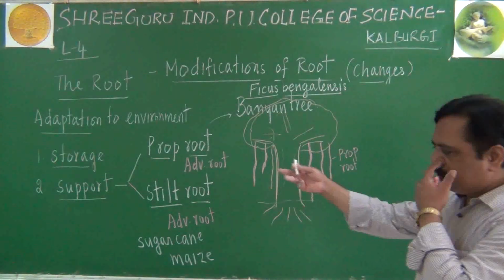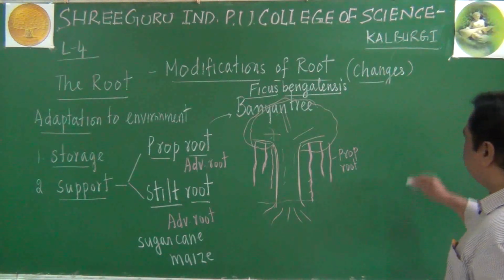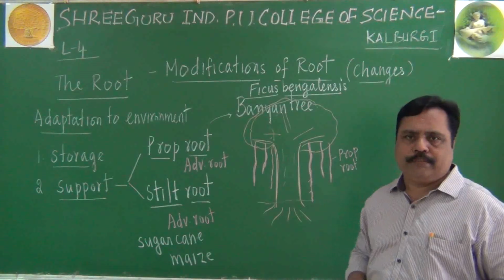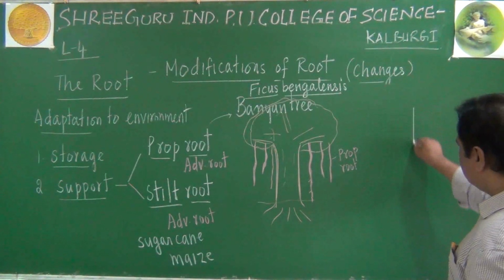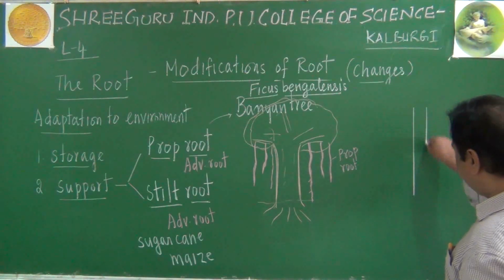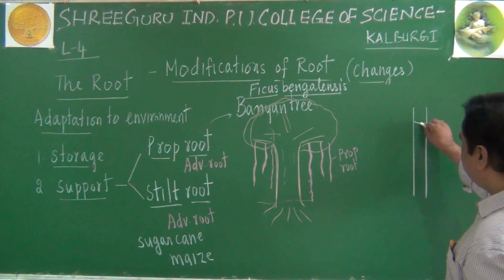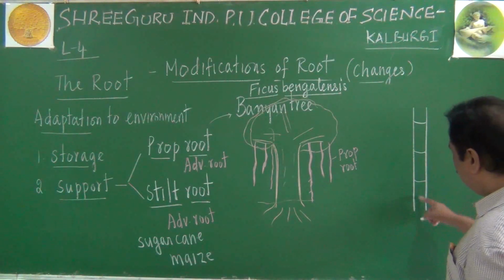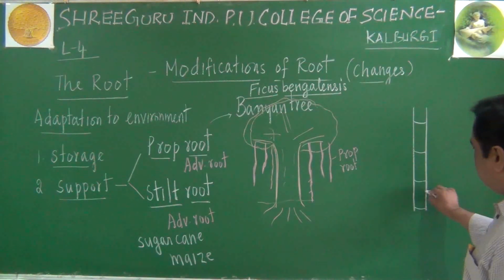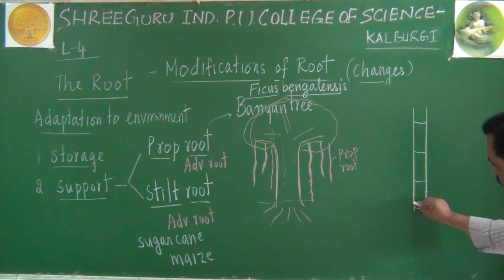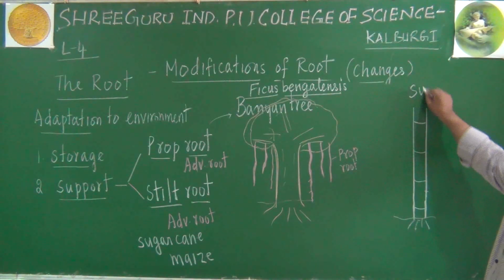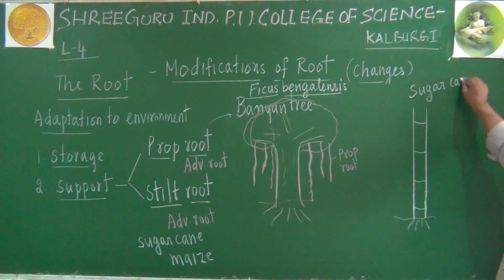What is the speciality of this sugarcane and maize plant? You may remember, they do not have a wide woody stem actually. They have a narrow and slender stem like this. Sugarcane you might have observed, where there will be nodes present like this, and the distance between one node and another node, or this gap, is called internode. Here the plant will be like this. Below the soil they will produce a fibrous root system. Okay, this is the sugarcane plant. Sugarcane or maize also we can say.